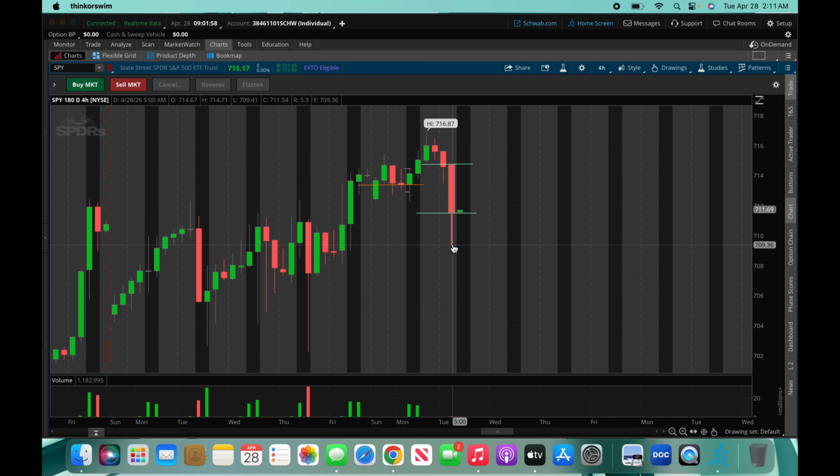Because it did come all the way down here, y'all. But if you look to your left, it just tapped into this. It never created a new low outside of this zone or outside of this zone. So let's see if the open market can actually create a new low outside of the zone. If they don't, then we know that they want to continue to go up. You get it? All right, so now that I marked up the high and low in the 5 a.m.,